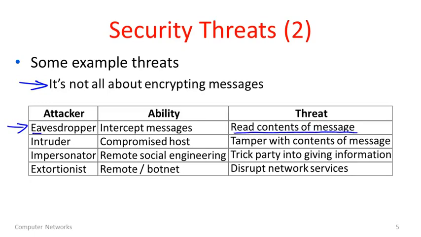Really the attacker here is an eavesdropper. So the first threat that's listed in this model is that an eavesdropper will be able to read the contents of our messages. And the ability they have to do that is simply to intercept messages. Exactly how they do this, we don't know, but we assume that they have this ability. So they're out there somehow able to tap into the network, really just to listen to what's going on. This is what we would often think of as classic security in protecting the system. But there's actually much more.